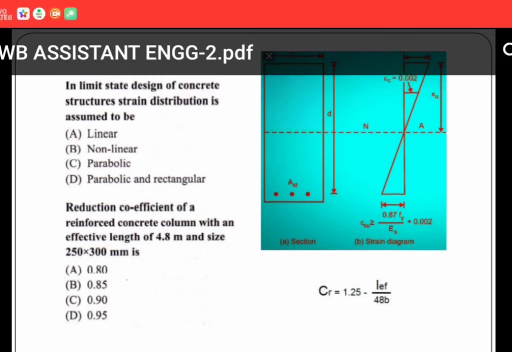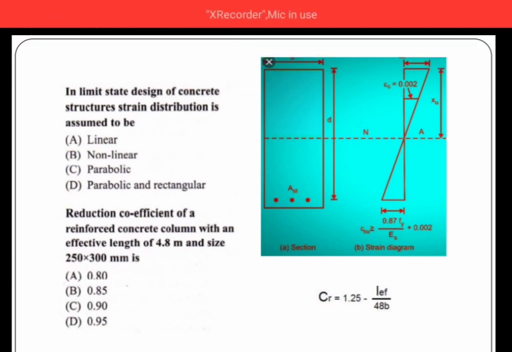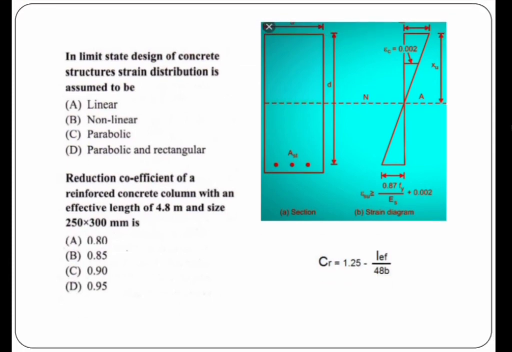Before that, we need to know what limit state is. Limit state is a design methodology that helps us to design structures based on both safety and serviceability. It is also better than working stress methodology and ultimate load factor method. And with the help of this methodology, we can determine the ultimate moment carrying capacity of a material, and the impending state of failure of a structure can be obtained by this methodology. Now proceeding to the next question.